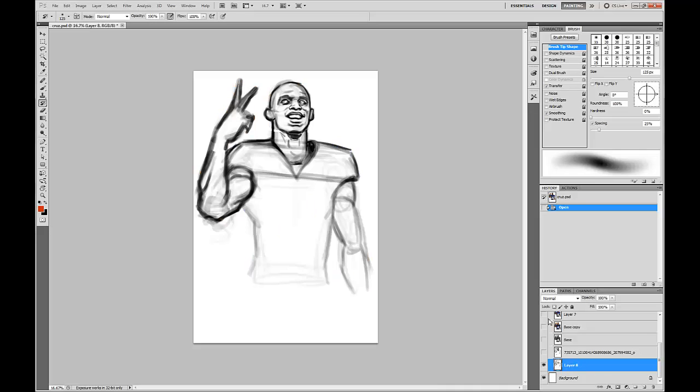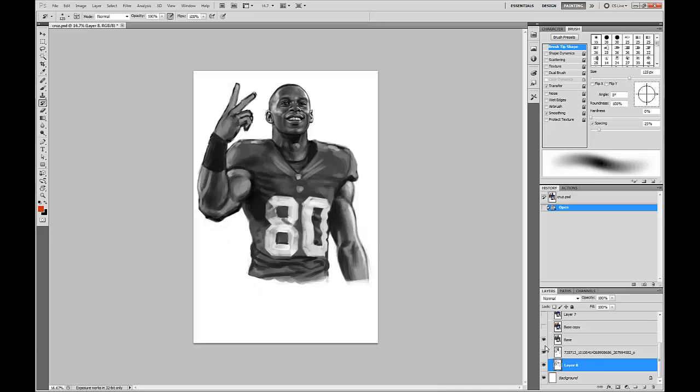So for example, here's the initial sketch. I think you probably already saw that. And here's some progress that I made. Started working on the facial region over here, getting the pose down. I think this is probably more or less where we left off in the last video, where I was starting to tighten up some of the gray tones. I had mentioned that I was going to try and start the color stage, which I did,